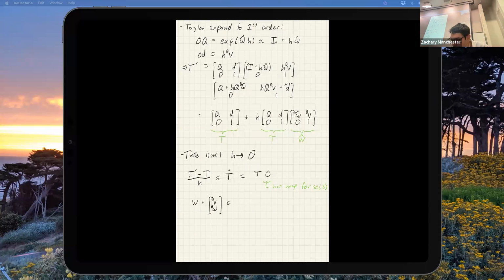In R6 is the Lie algebra SE3. And then, as with SO3, for constant W,